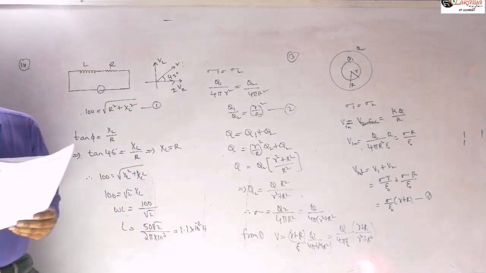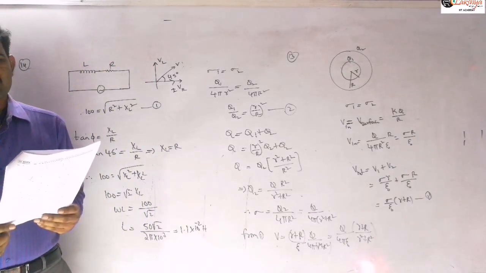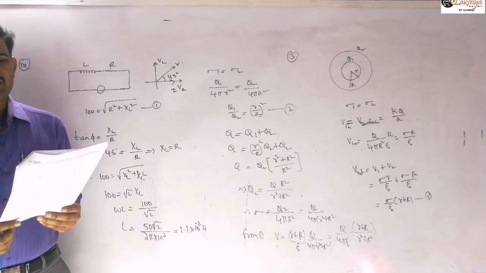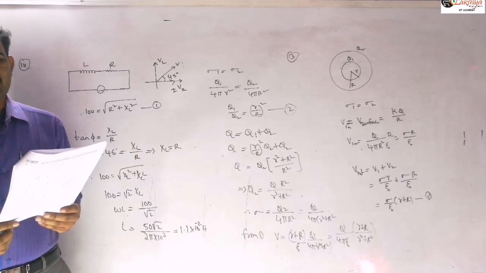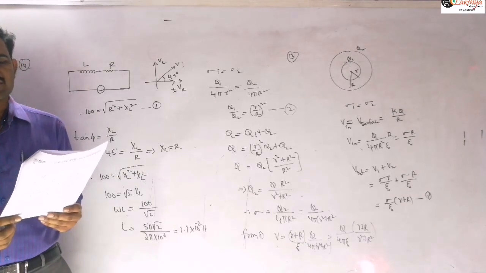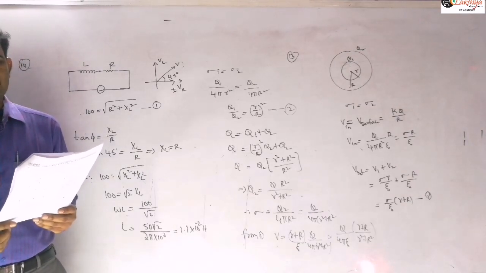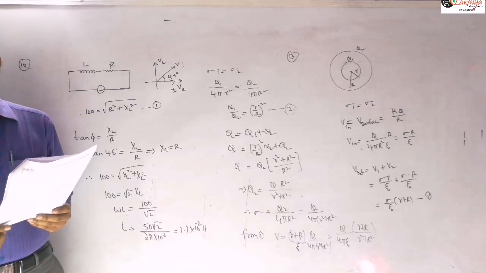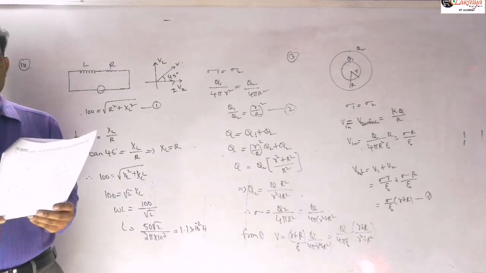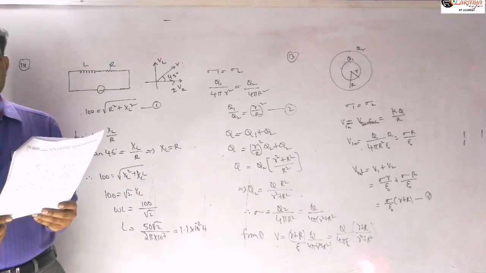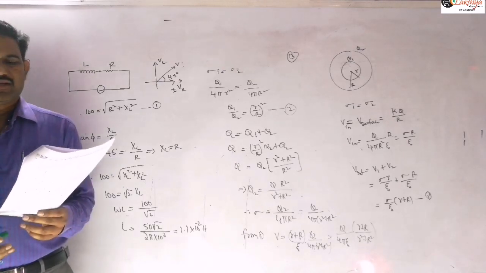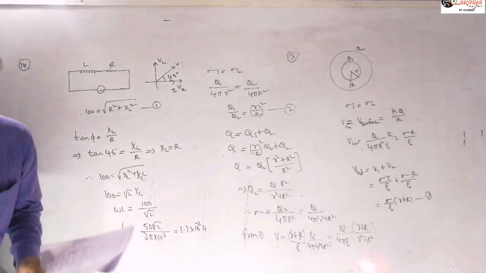And the next question: two uniform circular discs are joined to rotate independently. The discs rotate independently in the same direction around the common axis passing through their centers. The moment of inertia and angular velocity of the first disc are 0.1 and 10 radians per second respectively, while those for the second one are 0.2 and 5 radians per second respectively. At some instant they get stuck together and start rotating as a single system about the common axis with some angular speed. The kinetic energy of the combined system is?